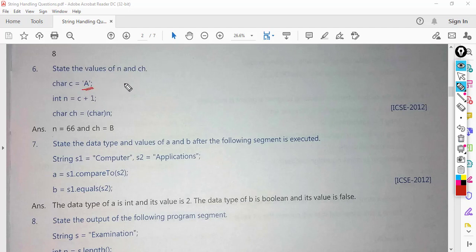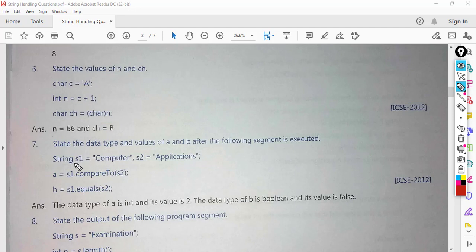A is 65, 65 plus 1 is 66. In n we have got 66, and then here we are doing explicit typecasting. We are converting the integer stored in the variable n, which is 66, into a character, so it will be the character B. Therefore n is 66 and ch is B.